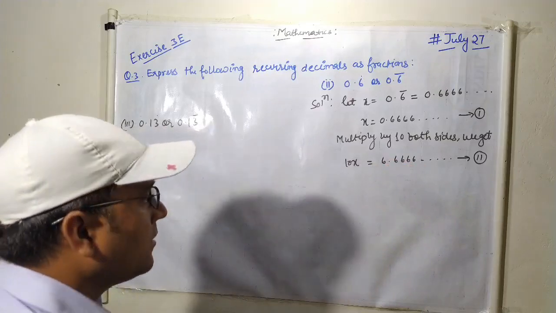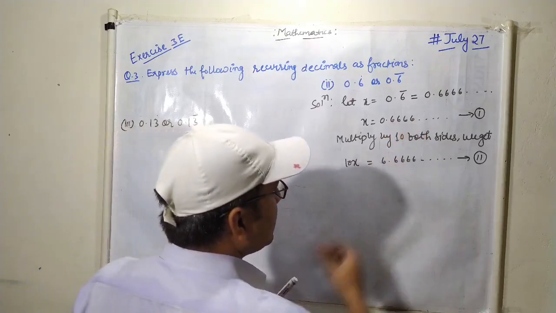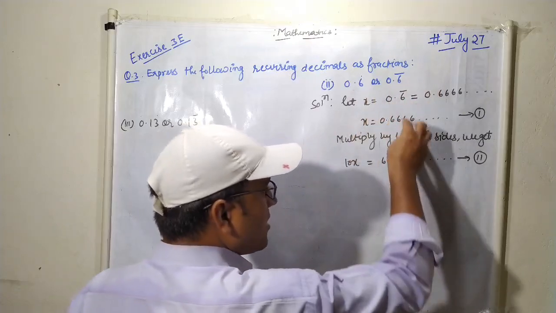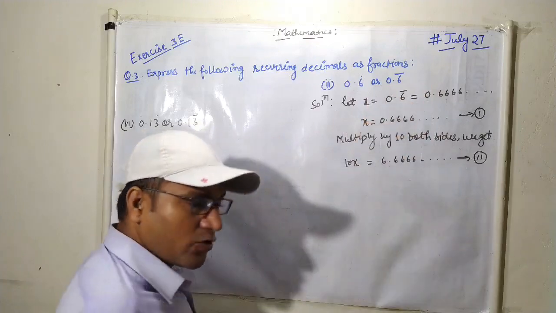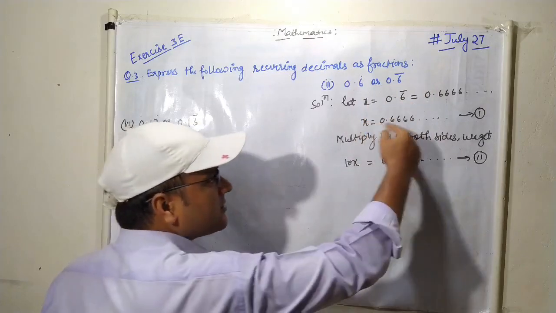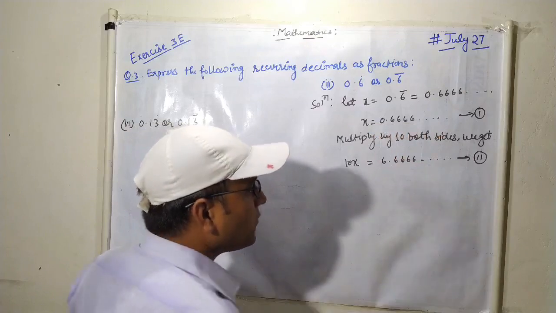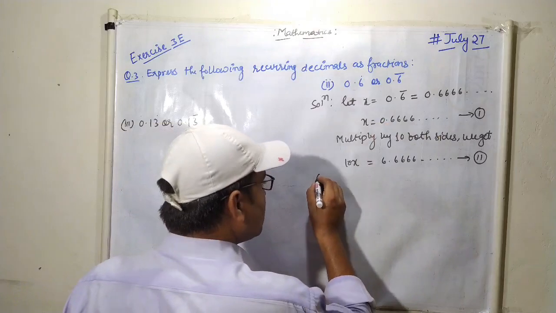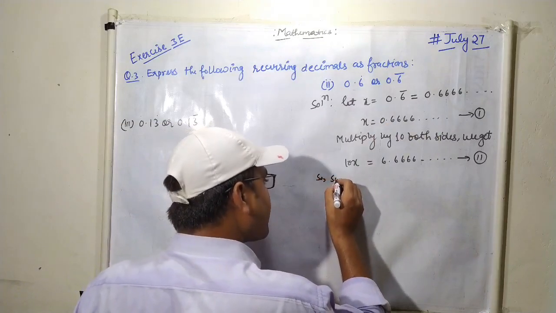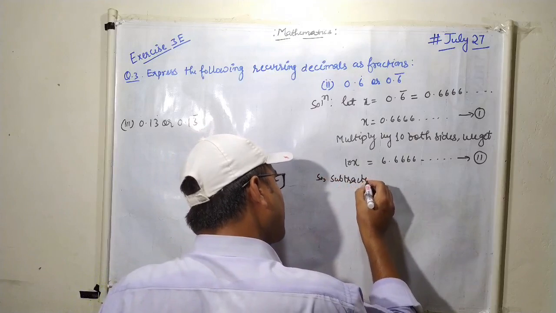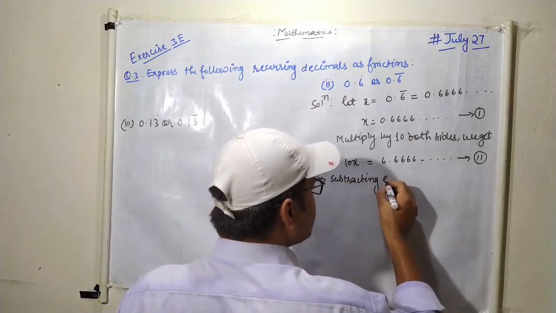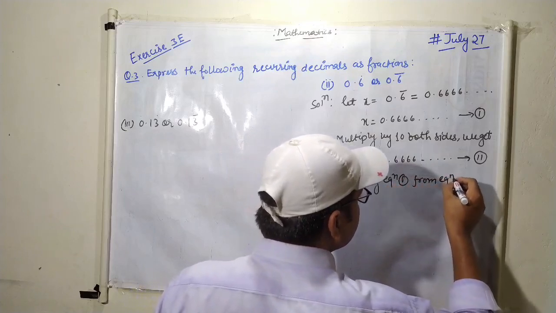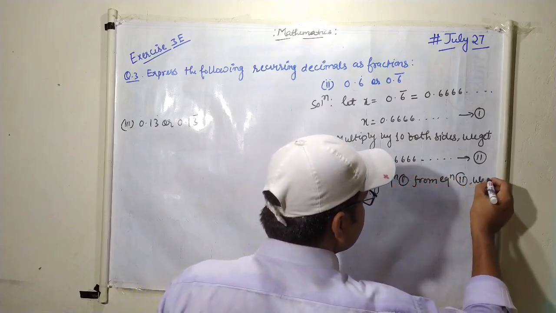Okay. Then after, if the numbers on the right side of the decimal point are equal, then we are going to subtract the equation. Here this equation is 4, 6. Here is also 4, 6. So from equation second, I'm going to subtract the equation 1. So subtracting equation 1 from equation 2, we get